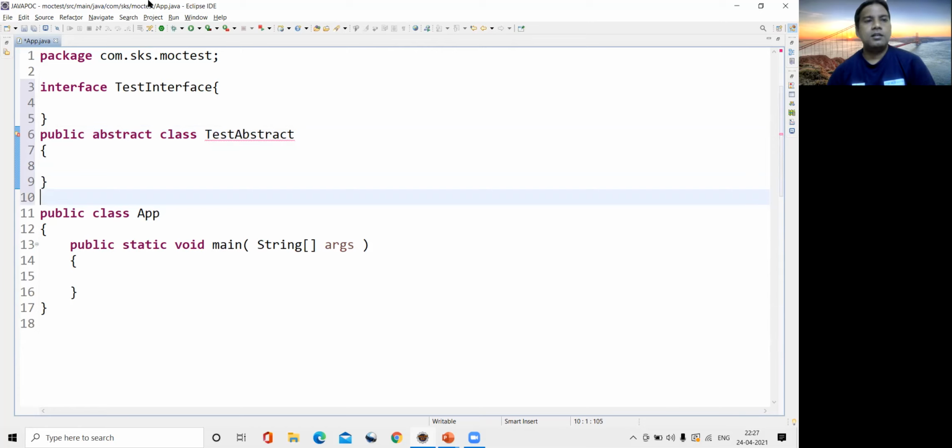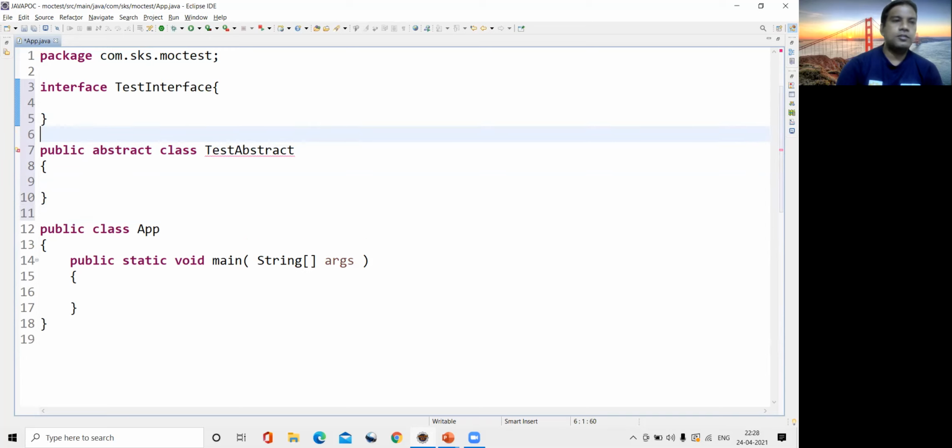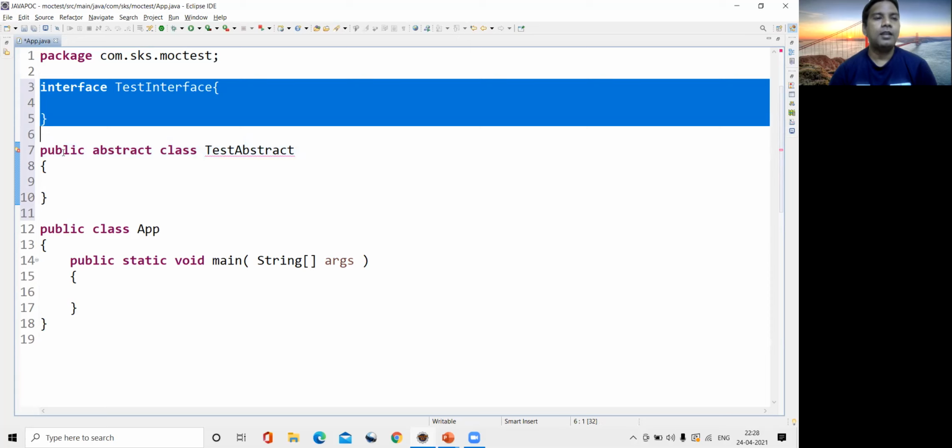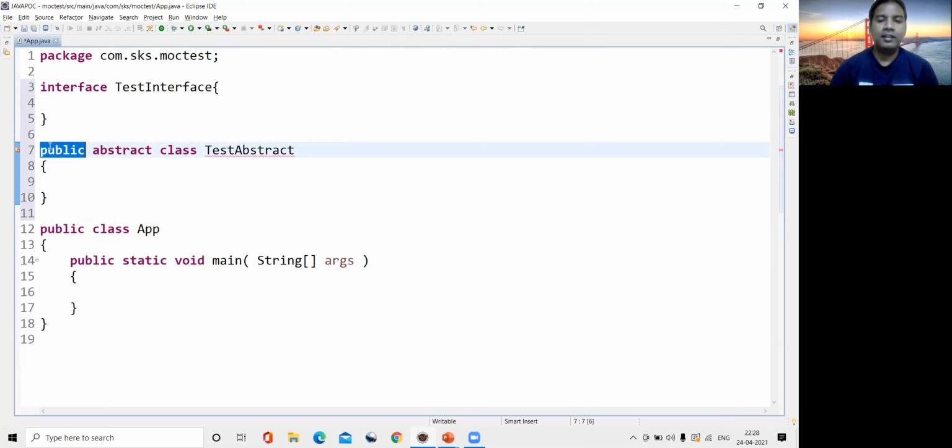So in this class, I have defined the interface and the abstract class. It's not always a good practice to define the interface and the abstract class in a single file, but for demo purposes, I am defining them here. Good practice says interfaces should go in a separate Java file and abstract classes in a separate Java file.